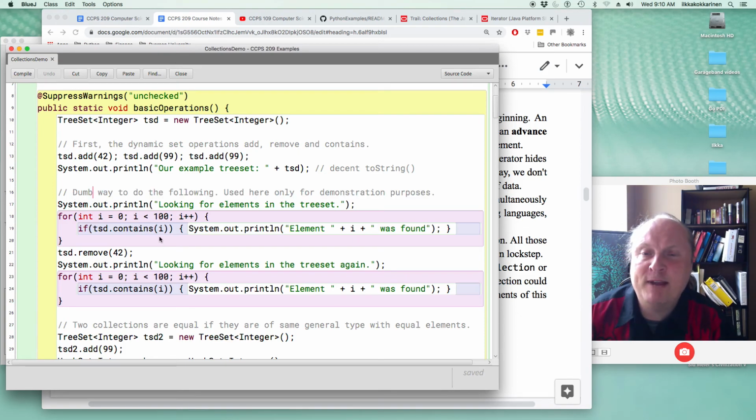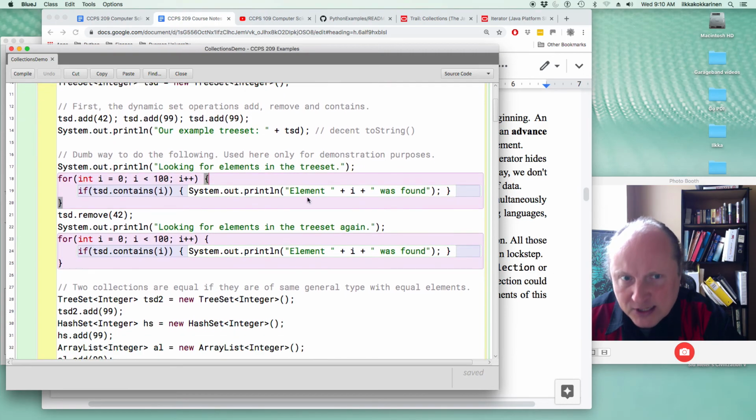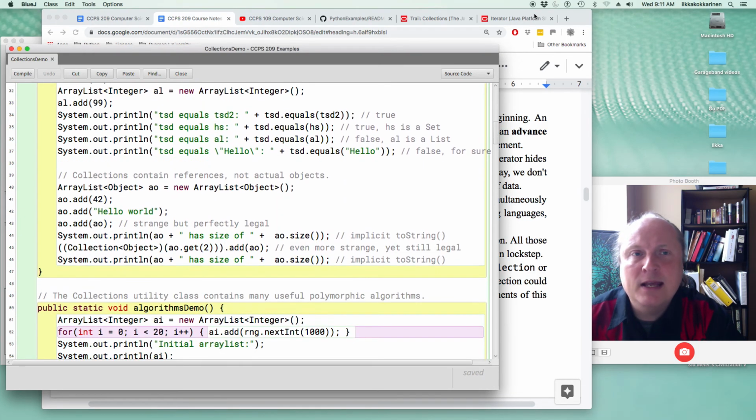But we realize, I intentionally said that this is a dumb way to do this, asking what kind of elements the collection contains. So here we could loop through the entire universe, and if the universe is infinitely large, that's not going to work out quite well. So we need a mechanism so that when you have a collection, you can for each through the collection, the same way as we can for each through the array. And the mechanism to do so, if we look at these collections in general, is